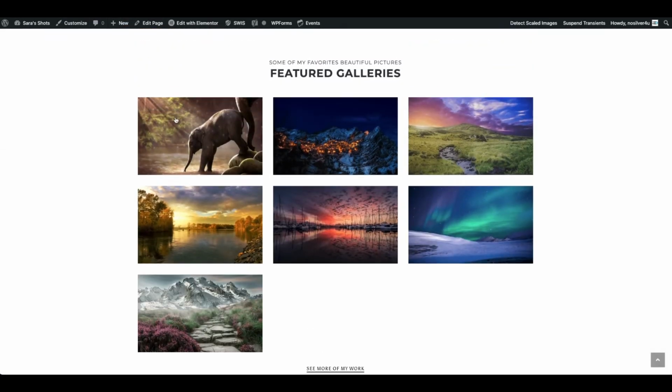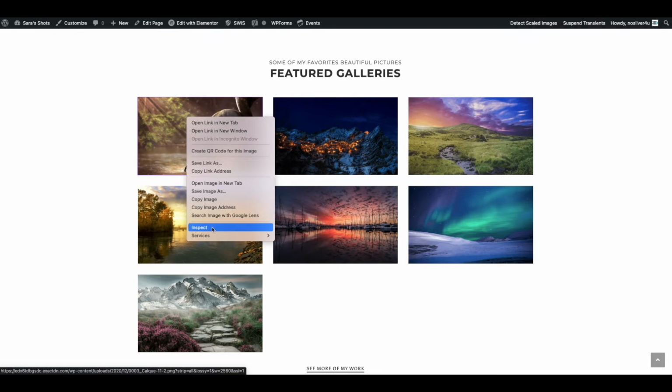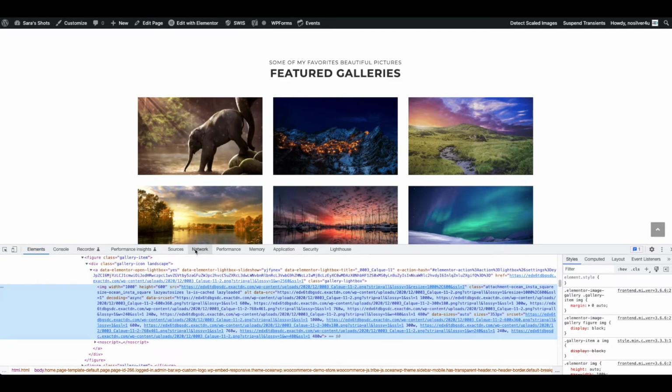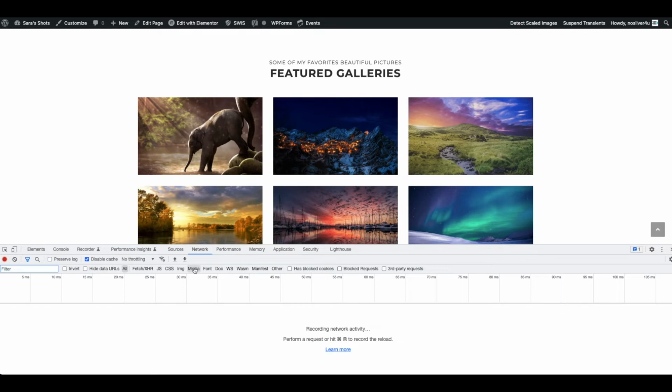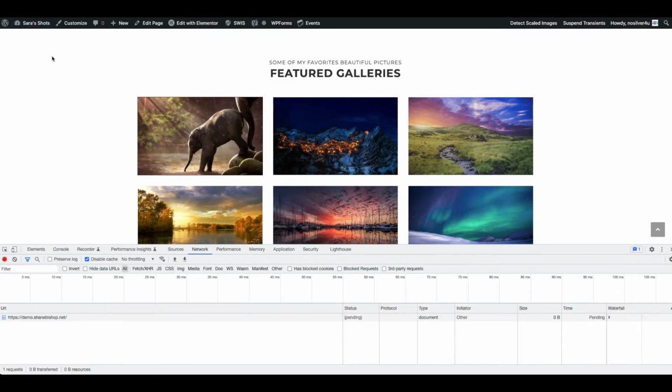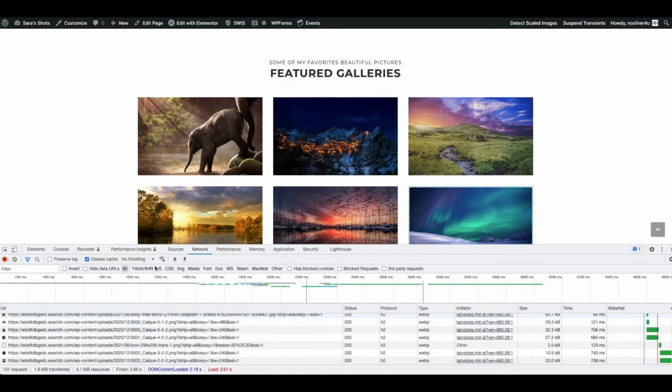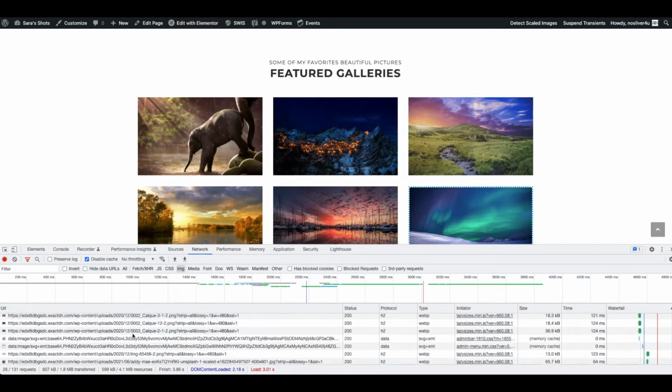So let's reload our page and have a look. How do we know? So we right-click and inspect, and here's what we normally look at, and we go, "Oh, it's still a PNG. Oh, what's going on?" Well, maybe not. Hold on. So what we've got to do is go over to the Network tab, right-click, inspect, Network tab, and we reload, and this will show all the stuff on our page. Well, that's too much stuff, 130 things. Good grief. But we go over to the images,